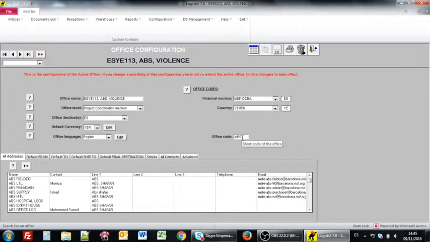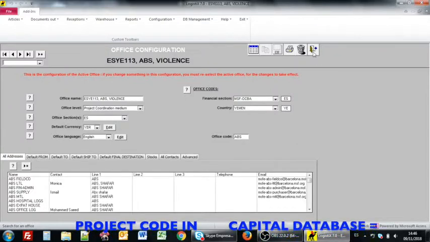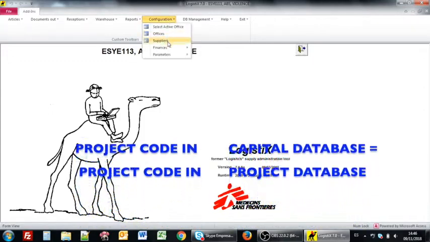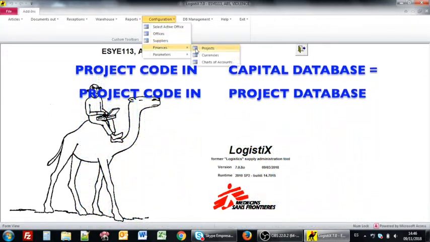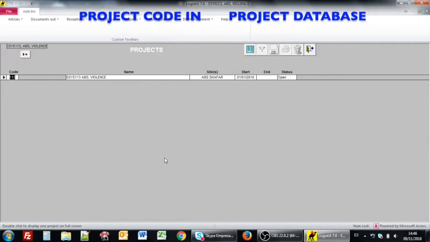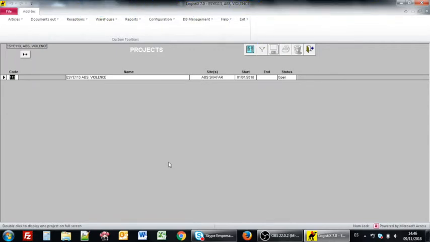The second configuration we have to do is to ensure that the project and capital database use the same financial project code. The project code is created by the finance department. Continuing our example of Yemen, with the capital database of Sana and the project database of apps, we check in the project database first. We go to Configuration, Finances, Projects. Here we see a list of all the projects in the database of apps, in this case only one, project